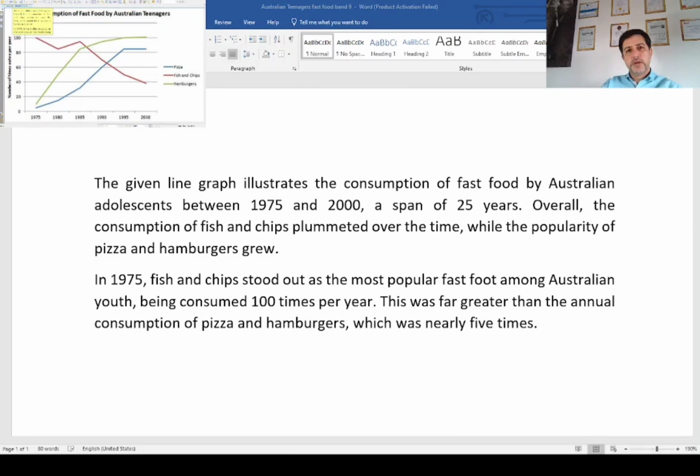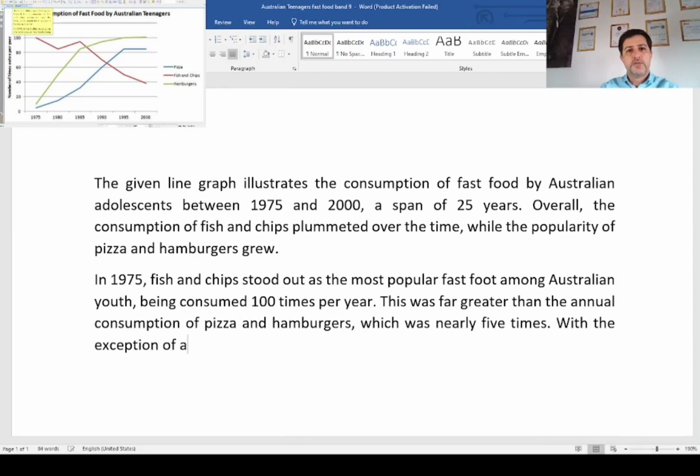As you see, when we continue, there is a short period of increase, and how I can mention it, I'm going to write it like this. With the exception of a brief spike. Spike means increase, usually sudden. A brief spike from 1980 to 1985, the consumption of fish and chips